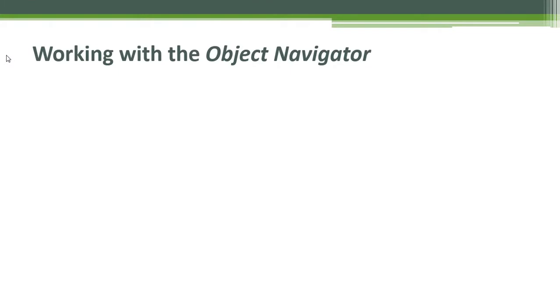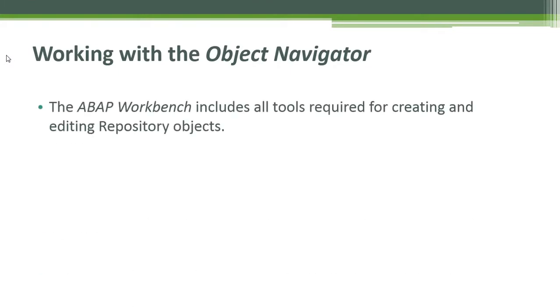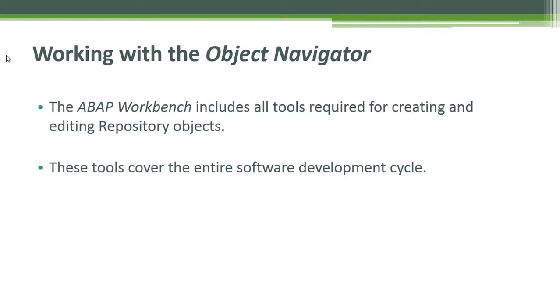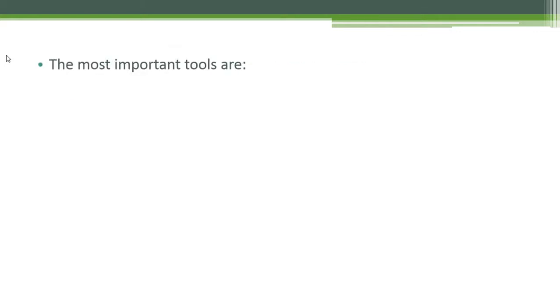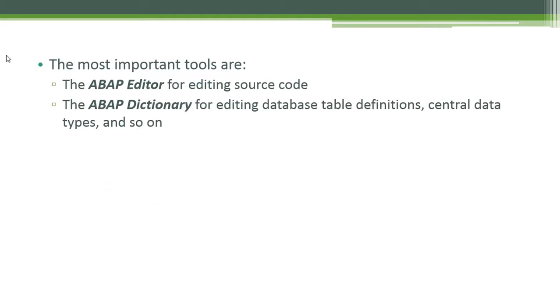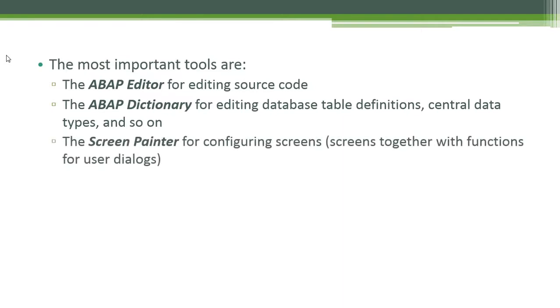Working with the Object Navigator. The ABAP Workbench includes all tools required for creating and editing repository objects. These tools cover the entire software development cycle. The most important tools are the ABAP Editor for editing source code, the ABAP Dictionary for editing database table definitions, central data types, and so on, the Screen Painter for configuring screens together with functions for user dialogues,